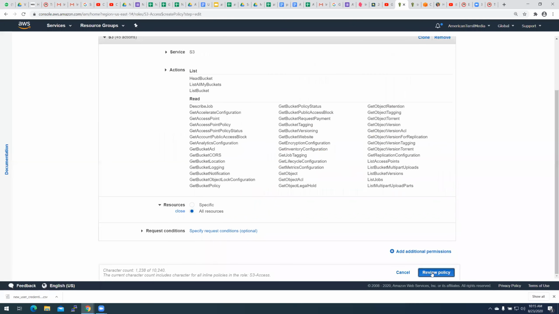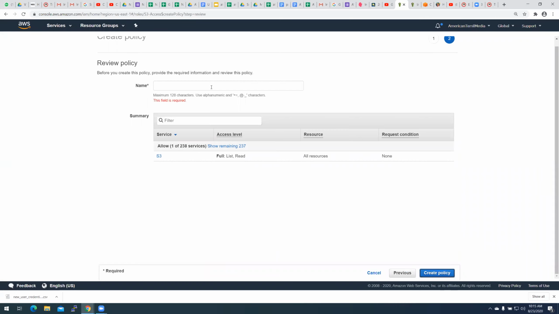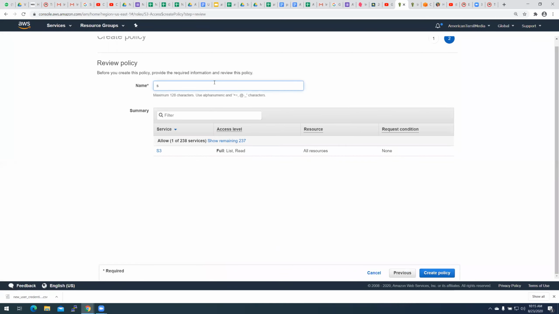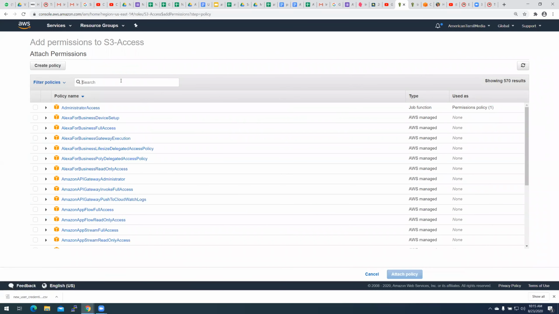I have created my own policy now. Then attach policy. I can say EC2 to S3.